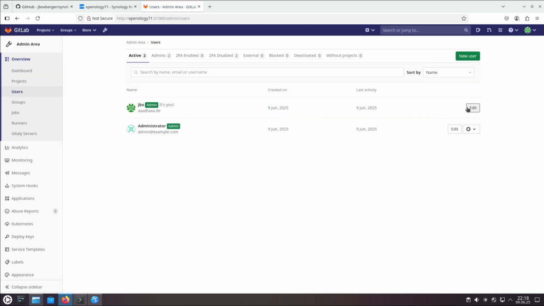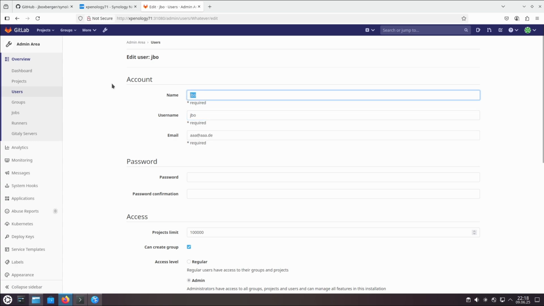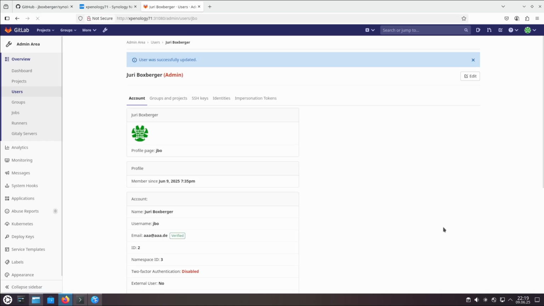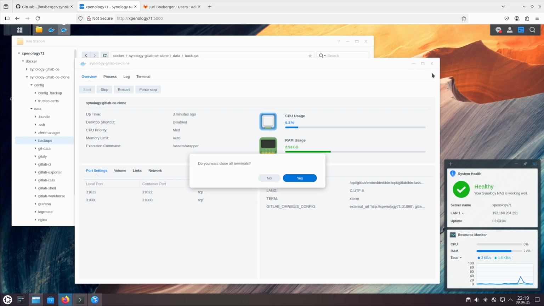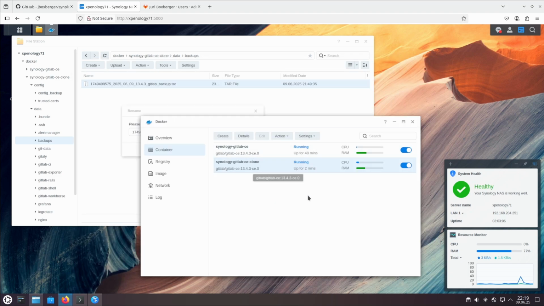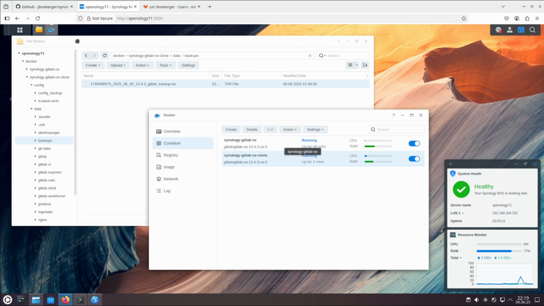Well, maybe we can change whatever to, yes, I want to change it so I can log in more easily. But this is our clone. And now in the next step, we will try to update it. Okay, now as we have our full properly clones, we can do whatever we want with the clone without risking